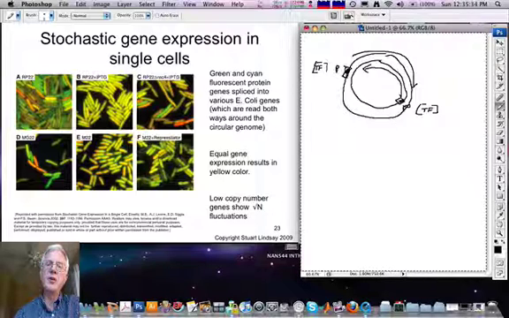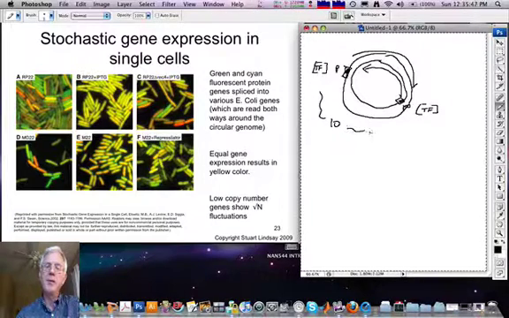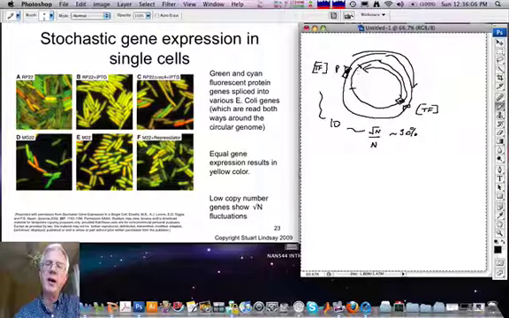Now, for genes that are used fairly rarely by the cell, the number of transcription factors may turn out to be quite small, perhaps only 10 molecules in a given cell. That means in turn, if you recall this expression we introduced in Chapter 1, fluctuations of perhaps 30% in gene expression. These fluctuations were measured by the brilliant construct of including in the gene, using recombinant molecular biology techniques, an extra piece of gene that codes for either green fluorescent protein